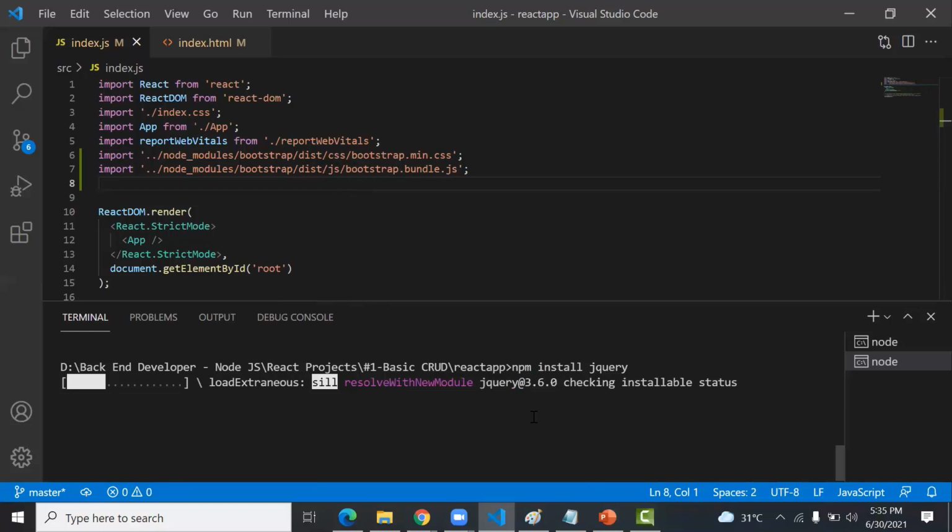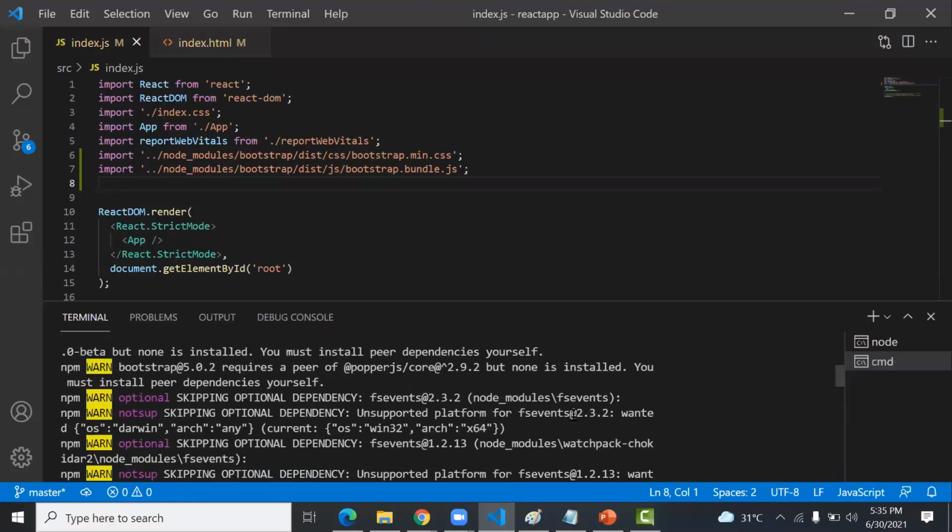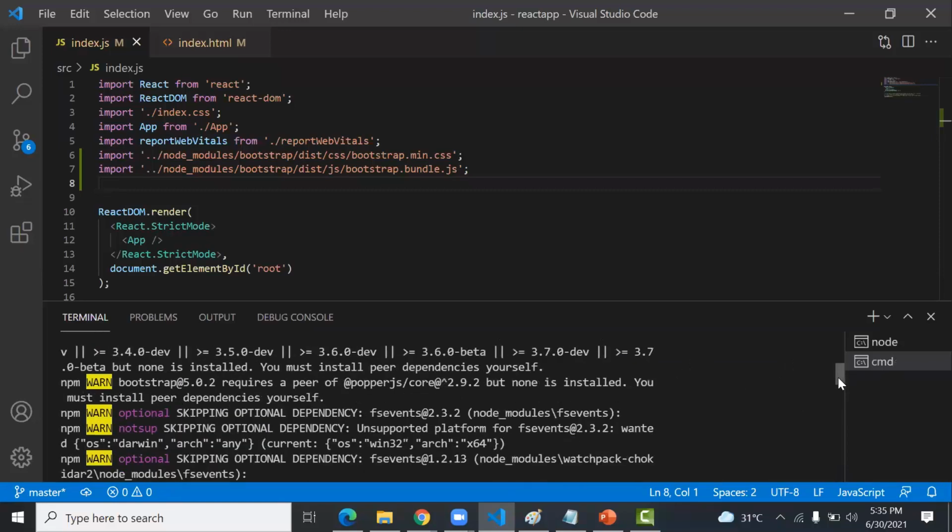Here I am installing jQuery. Bootstrap already uses some JavaScript libraries. So if you want to use jQuery, then remember to import jQuery before the Bootstrap package. Okay. So this is how you can install jQuery and Bootstrap.